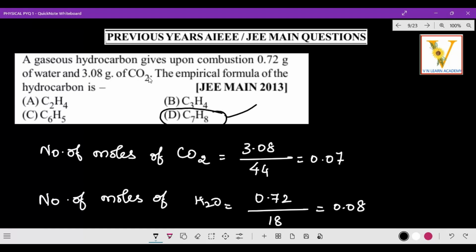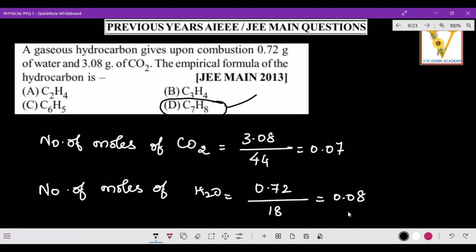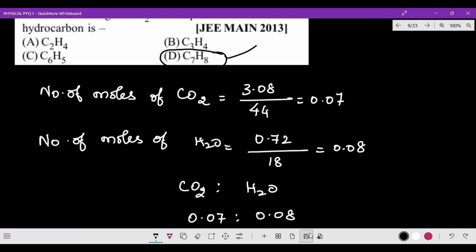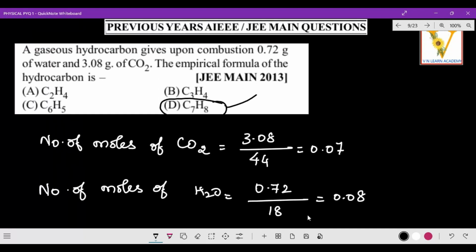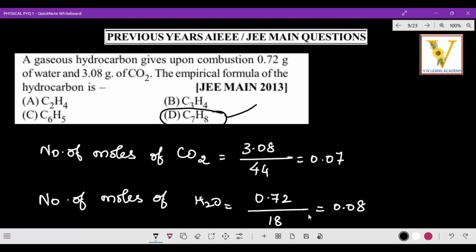Suppose such a kind of question comes, you directly go for the number of moles, then you will get that ratio. There only you can identify the assumption, like assume that this might be the answer. So for this you are checking all this, right? I hope you got the clarity, because within a minute you have to find the answer. So come on, let's go to the next question.